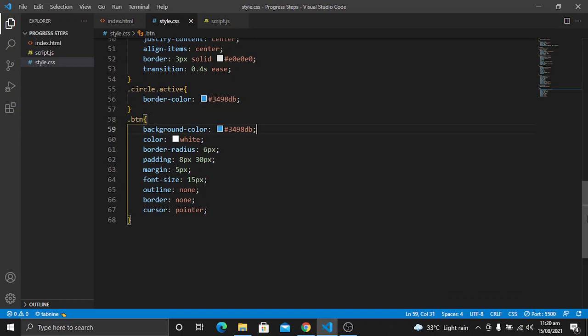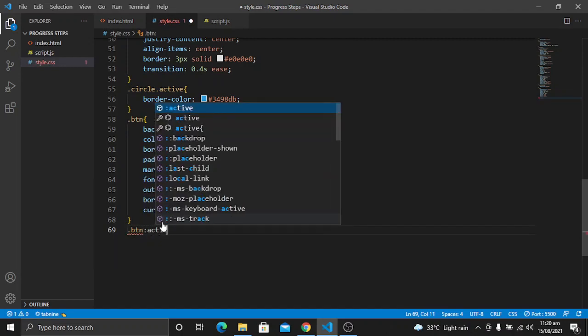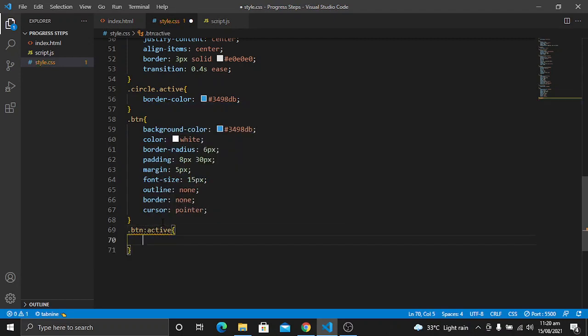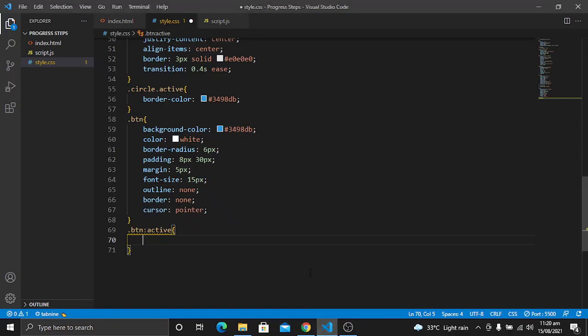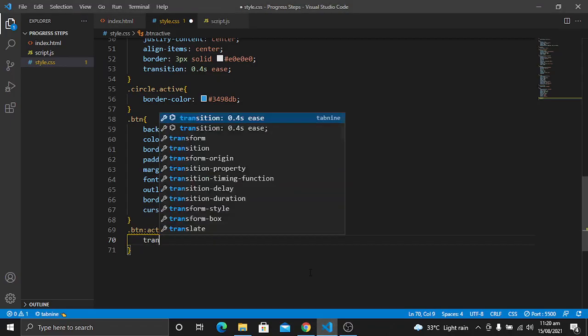So we also want to give it some styling when these buttons are active. So for your information, the active state is when we click on these buttons. So what I want to do is when the button is active, I want to give it a transform property.